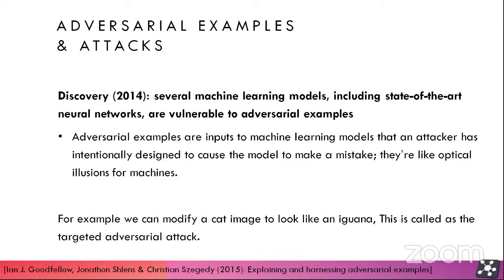Suppose you have a very good network that is used for classification, for classifying animals and humans. What you do is take the human image and add some kind of noise to it. After adding the noise, you feed this image to your network, and your network classifies it as an animal. That is how we are fooling the network. They are just like optical illusions for the machine. We will see some examples in the next slide.